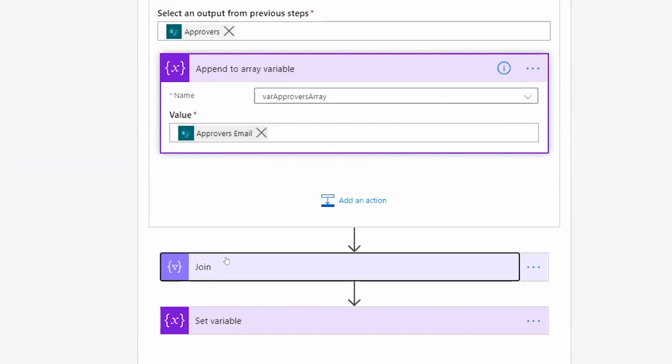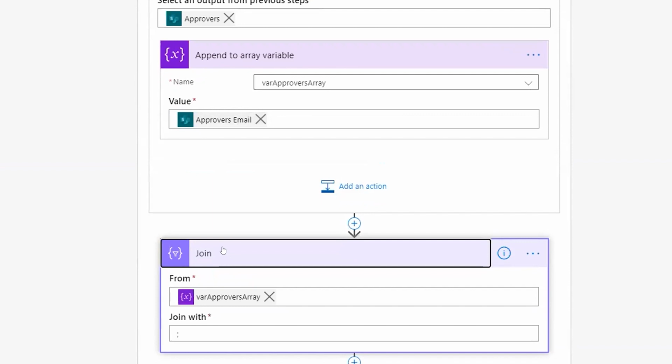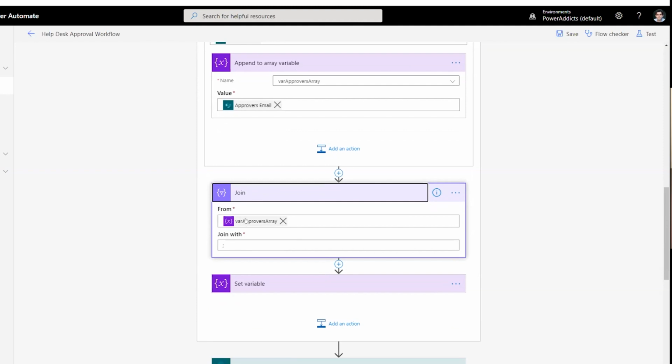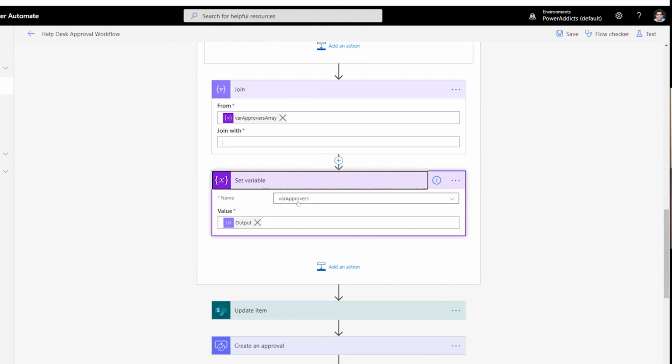Once I do that, I have another action in Flow called the join, where you can give an array and you can join them by any text that you want. I could have even written this as an expression. There's an expression for join as well, but thanks to Flow, they've given that as an action, so I don't need to write an expression. Why reinvent the wheel? So here's my array, and I'm just asking it to join by semicolon. This will give me the semicolon list of email IDs of my approvers dynamically. And the next step is I'm just setting my string variable now, remember data types, to the output of this join action. So I get my string of my approvers, and this is how I dynamically grab my approvers.